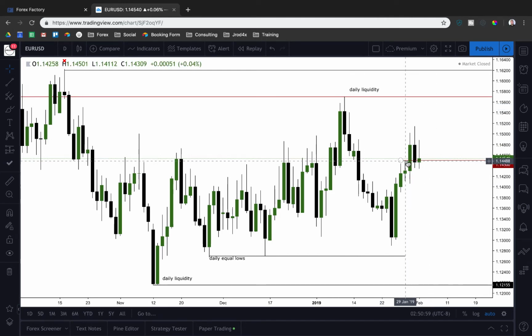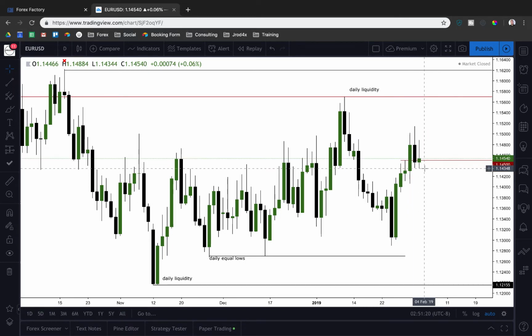Now, I'm not positioned in anything like that yet, but I will be looking to get positioned on the buy side this week with the expectations of a further continuation higher. So I will obviously need the confirmation first, because current price action isn't giving me anything at a level that I would want to be a buyer at yet.